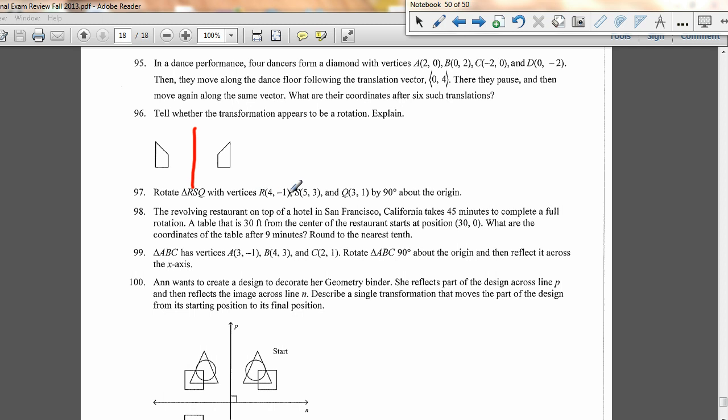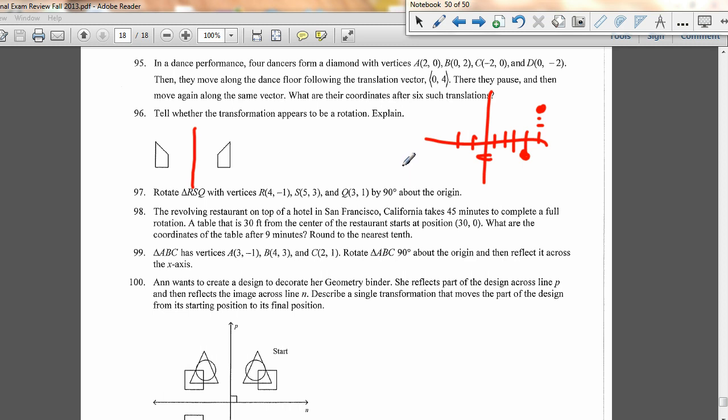Rotate this triangle about the origin, so you could graph the points for -1, this way, 1, 2, 3, 4, and -1, which would be right here. 5, 3, so 5 and up 3 to be right there, and so forth. Rotate it about the origin 90 degrees. When it doesn't say, that means it's going to be